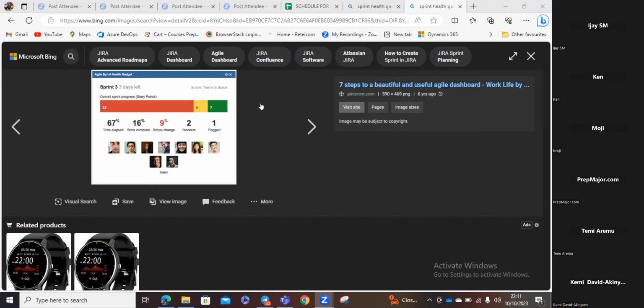I would have probably just browsed and checked for Azure gadgets to show some of these things, because all those things are actually plugins. You remember how you set up your Azure dashboard? You did it yourself. It was a blank canvas, but you were the one that brought in your sprint planning, your velocity, your sprint. Just check. Most times there are gadgets there, but it also depends. Some companies have limited gadgets, and you need to refer to IT to get the plugin, if it is safe, because they may have to pay for some of these extra plugins. But this plugin is a simple, basic one, so you should have it on a normal board. I just thought to share, and I hope it was helpful.